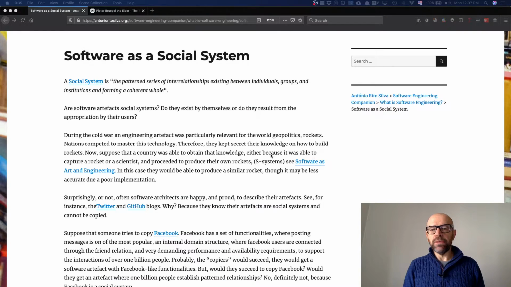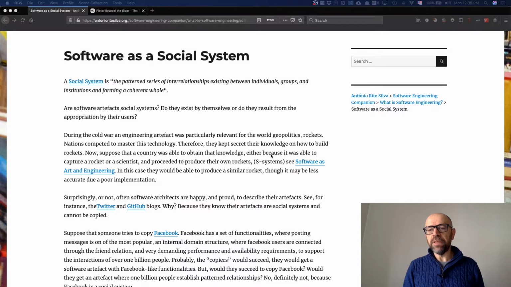The best way to think about it is to think about rockets and Facebook. Both are engineering products, right? You develop them and people use them. But you know that some countries are trying to develop better rockets by copying the technology that others have already developed. It's just a question of time before they will be able to build that type of rocket with the quality, and so by copying they are able to achieve the same goals.